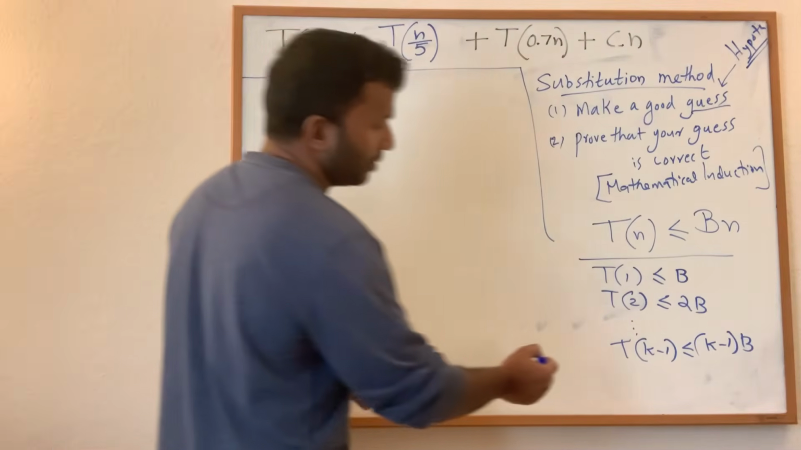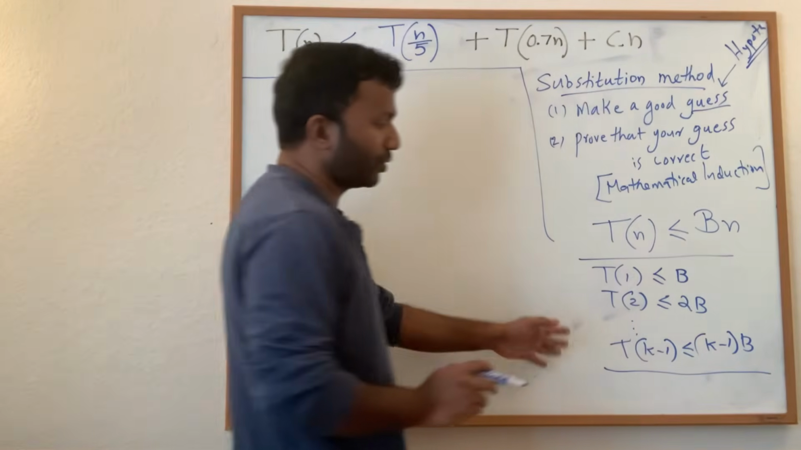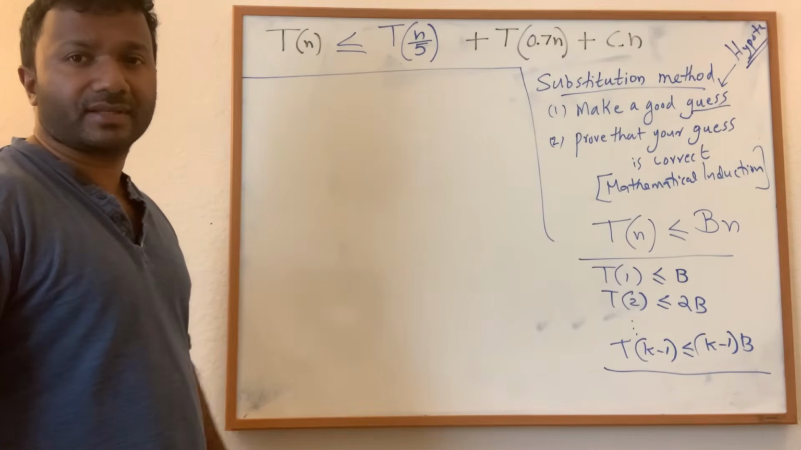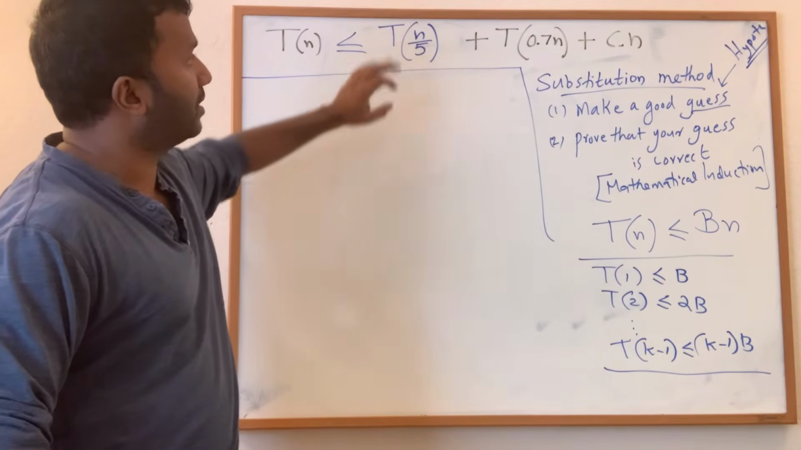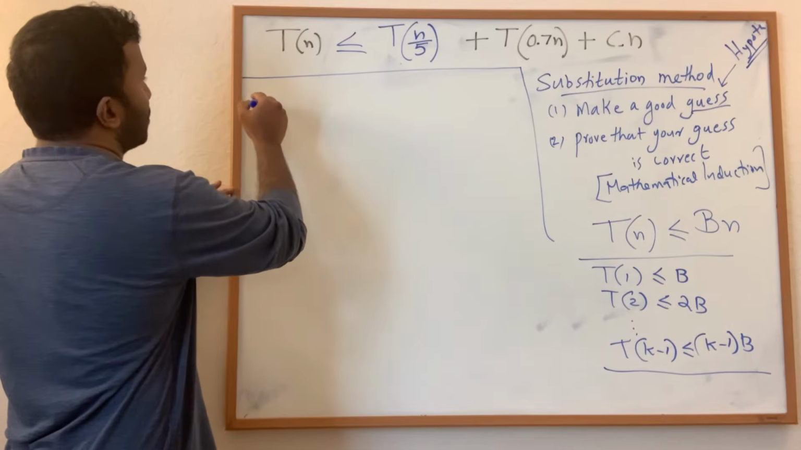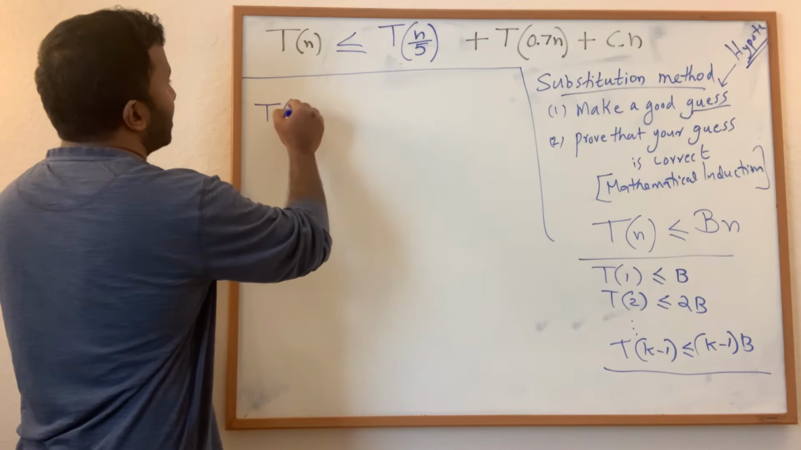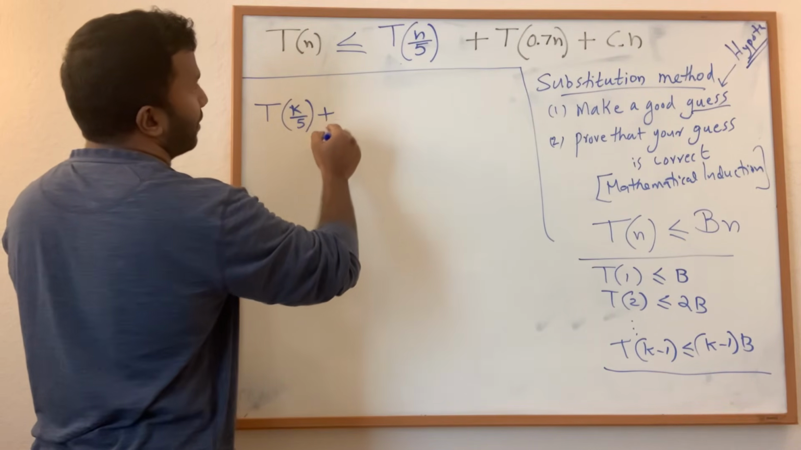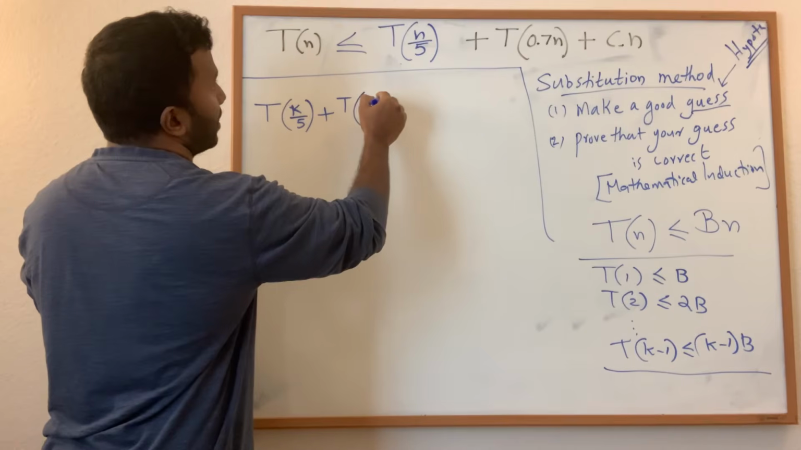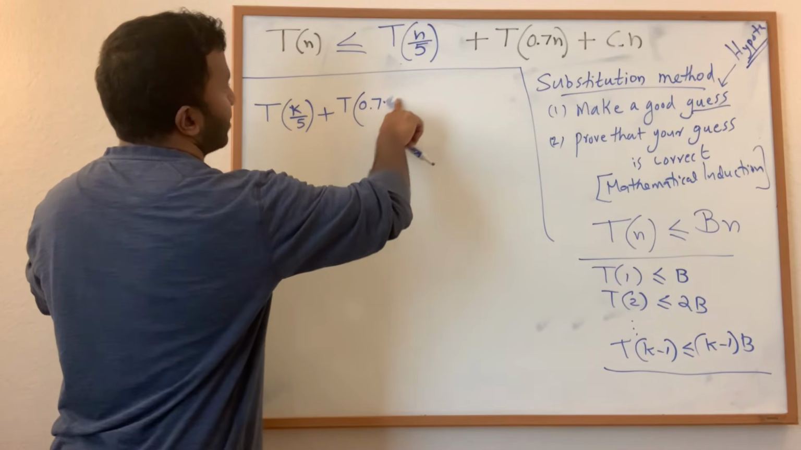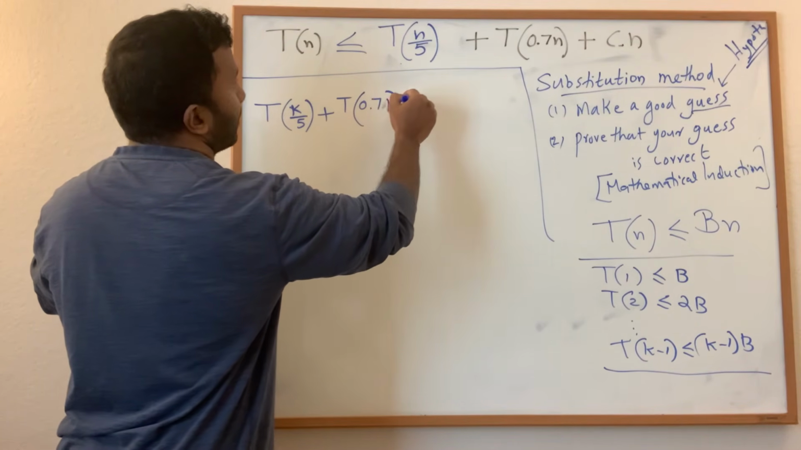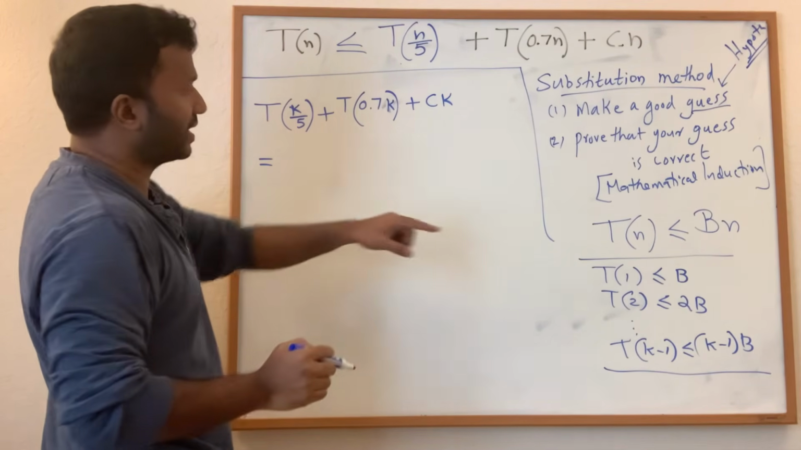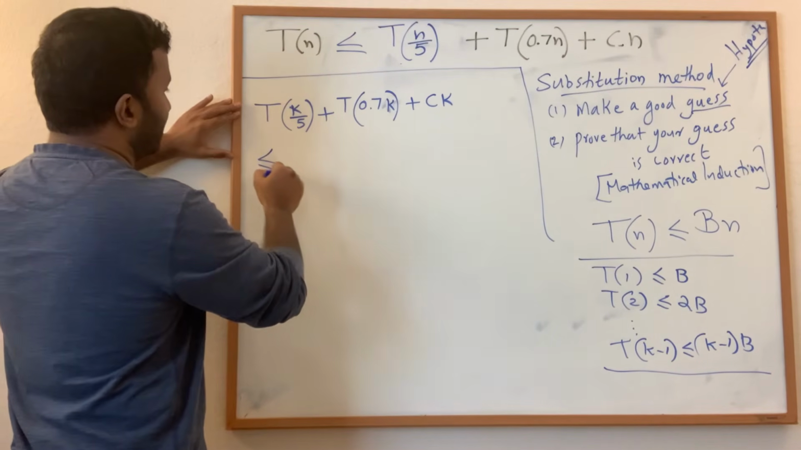Now I need to prove that this is true for Tk, and you exploit this relation. So what is Tk over 5? I'm just writing the right side. What is Tk over 5 plus T 0.7k plus Ck? Using that relation, I can write this as less than or equal to